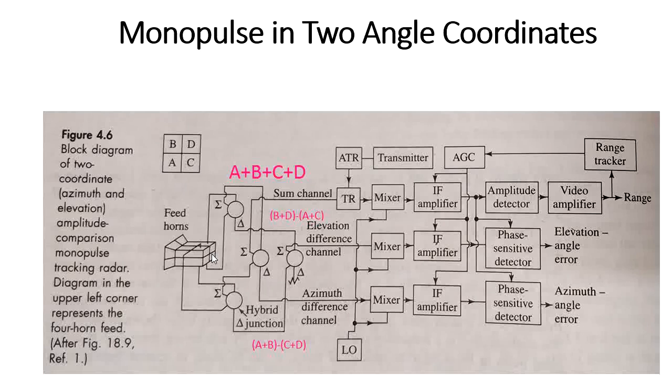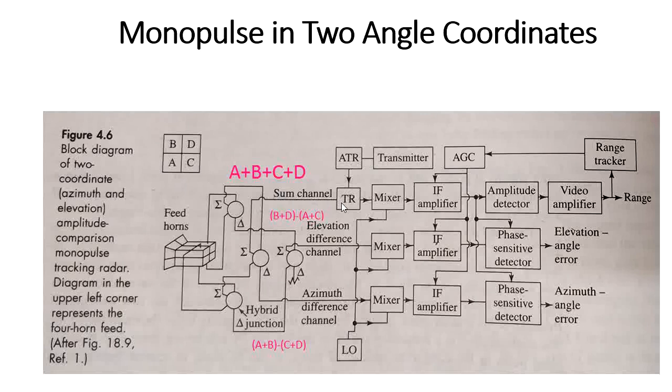And as we know, the concept of this monopulse is what? We require the range as well as the angular error. So here we are using 4 feeds, and we need to sum all these 4 feeds, that is A plus B plus C plus D, in order to calculate the range between the radar antenna as well as the moving target. That is what we call the sum channel.